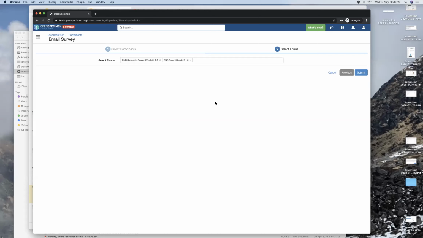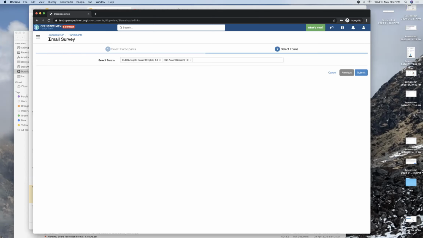And also you can have rules defined where you don't need to manually send the emails. You can define rules like, if the patient is less than 18 and the patient language is Spanish, then send these forms automatically. If the patient is greater than 18 and English, send these forms automatically. So the email content is defined, the rules are defined. As soon as you register a patient, the system will automatically email the forms to the patient.